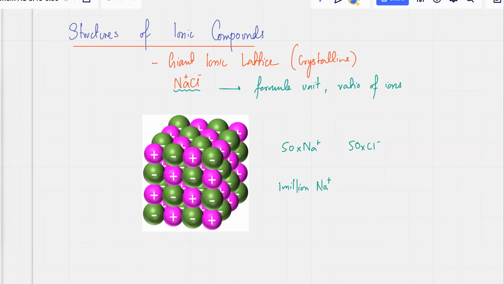And there could be 1 million Cl ions also present in the same lattice. Okay, so remember this, that the formula of the ionic lattice doesn't give you the information of how many sodium ions and how many Cl ions you've got. The only information that it gives is the ratio of the ions in the lattice. It's going to be a network, a giant structure of positive and negative ions. They're all attracted to each other. So it's going to be a regular arrangement